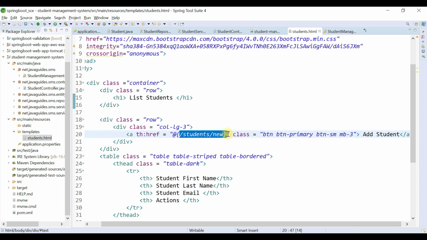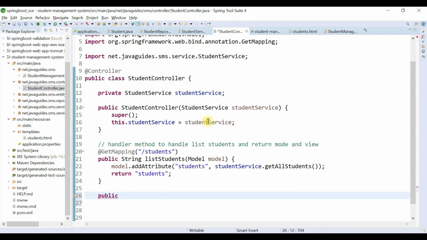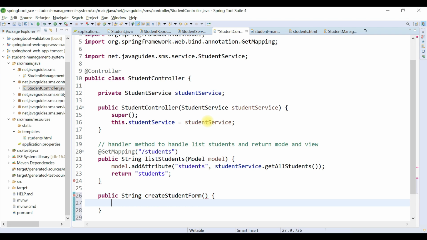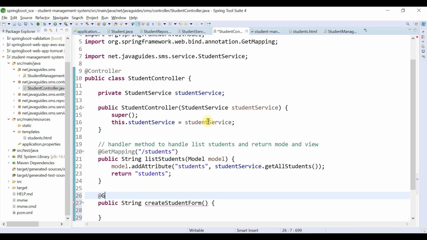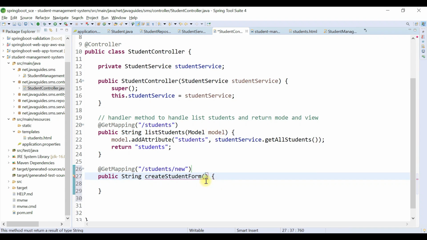and we are going to handle this request in the student controller. For that we are going to write a handler method here. Just go ahead and create a method, public String, and createStudentForm is the method name, and let's annotate this method with the @GetMapping annotation, and just provide the URL, that is /students/new, and we're going to pass a Model object as a method argument.